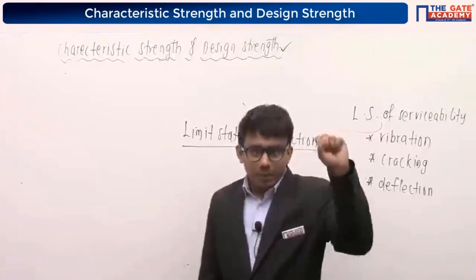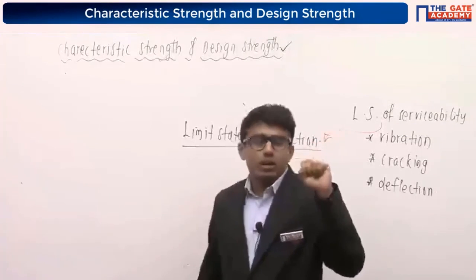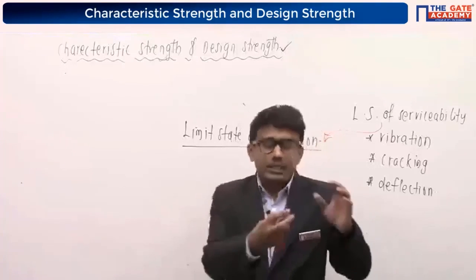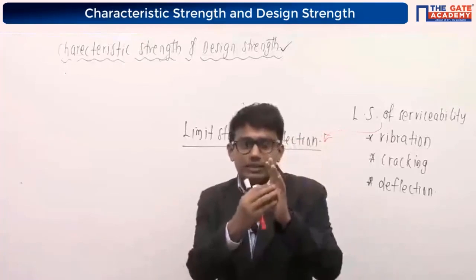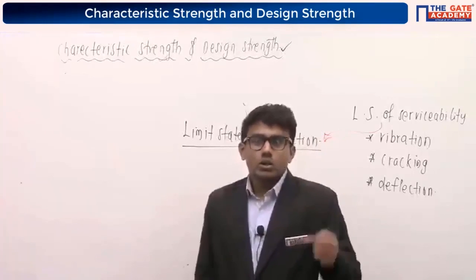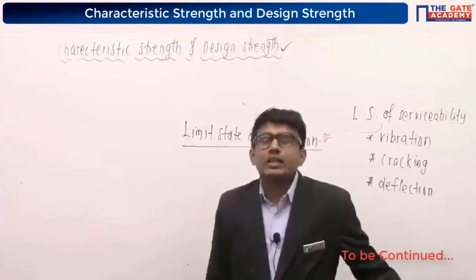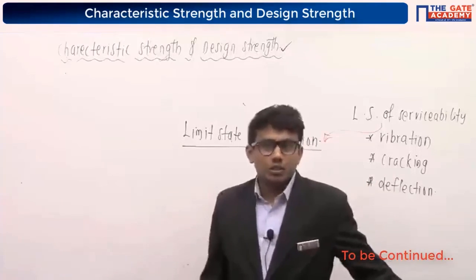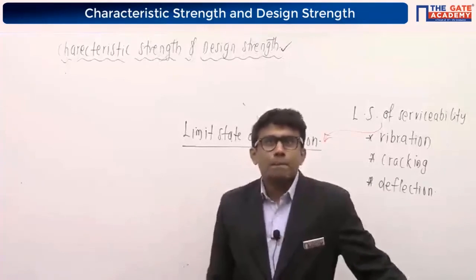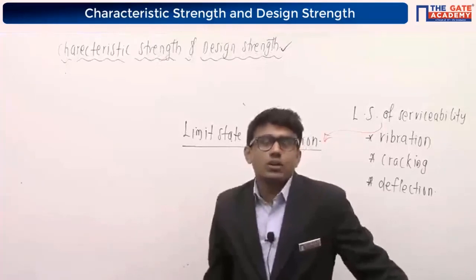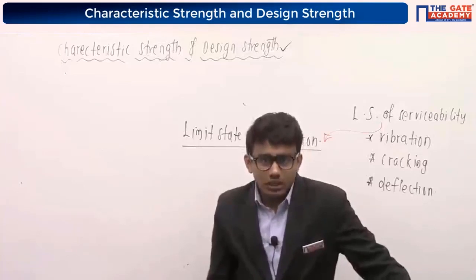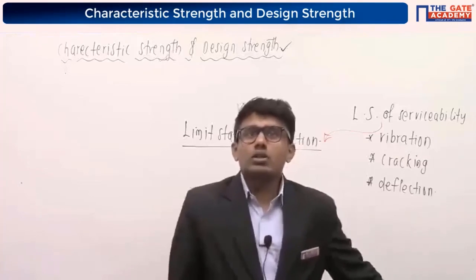If you are talking about plain cement concrete, it is a heterogeneous material. Why? Because the properties are different in different directions. It is composed of different materials like aggregate, fine aggregate, cement and water together. So plain cement concrete is a heterogeneous material, and RCC is a composite material, a combination of two different materials. Sorry, if it is for RCC, the answer is composite material. If it is for PCC, the answer is heterogeneous material.